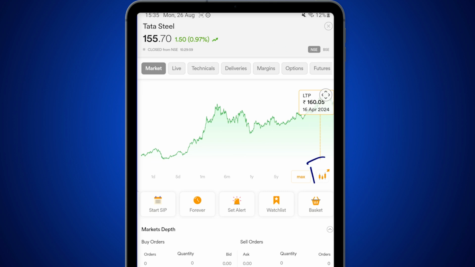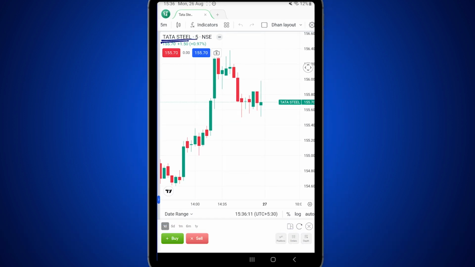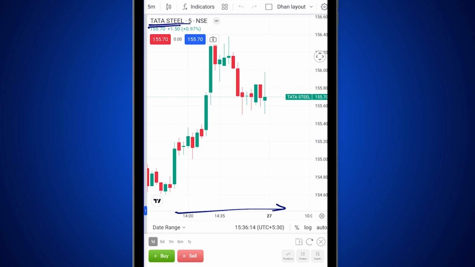If you want to look at the chart, you just have to click on this icon. So if I click on this icon here, you can see a chart will open up. As you can see, the chart has opened up with Tata Steel. So here you can see this is the time and this is the price, and the green box will essentially